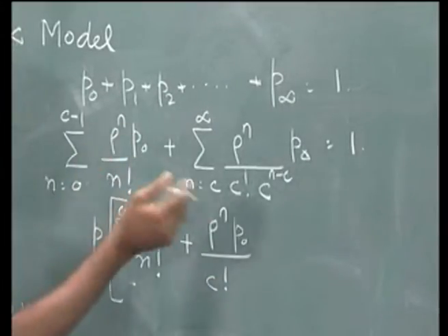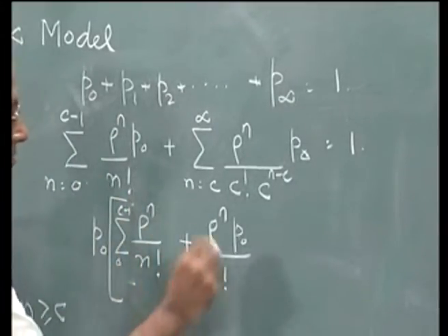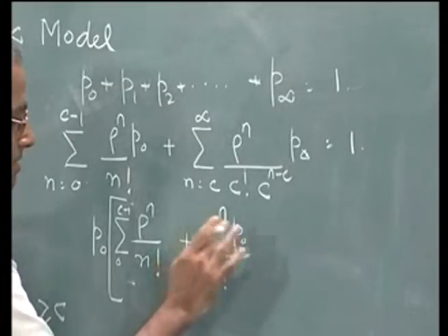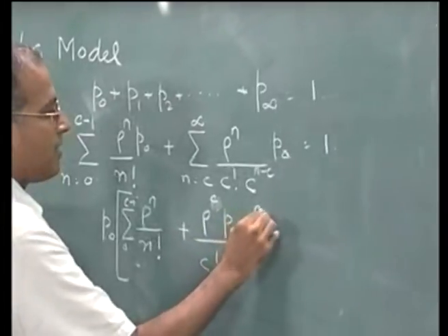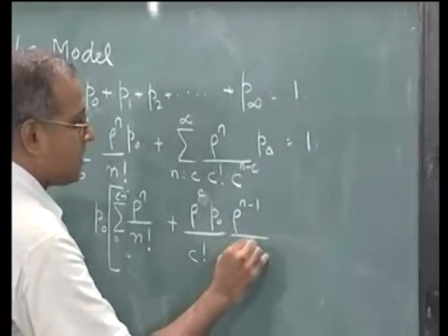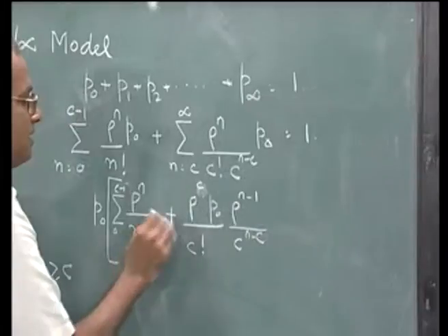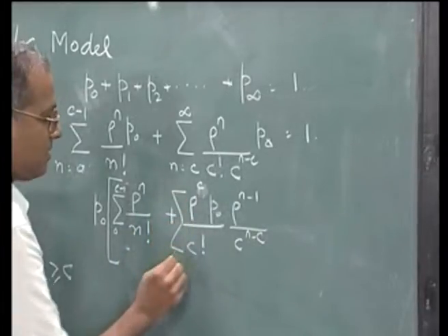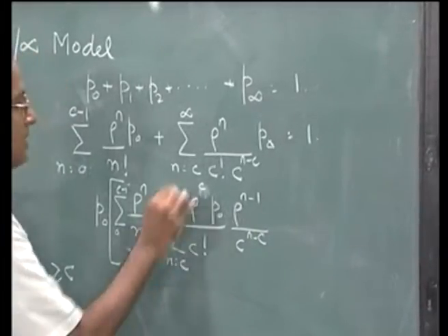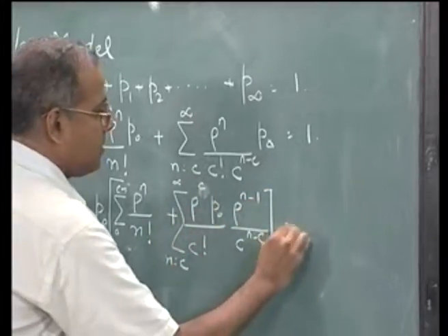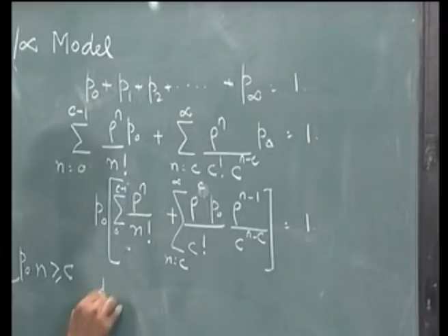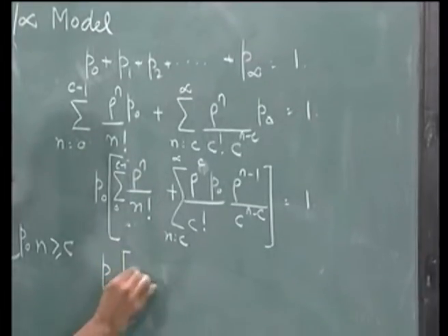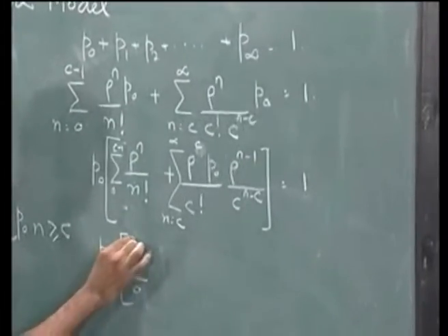Now, this rho power n is expanded as rho power c into rho power n minus c, divided by c power n minus c. So, we have sigma n equal to c to infinity, and the whole thing is equal to 1. So, this will become P naught into sigma 0 to c minus 1